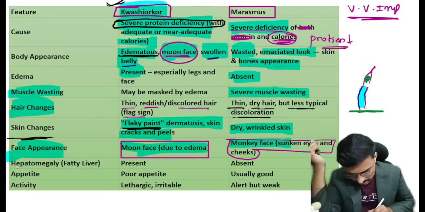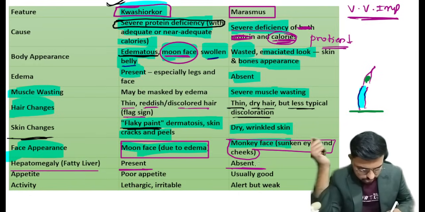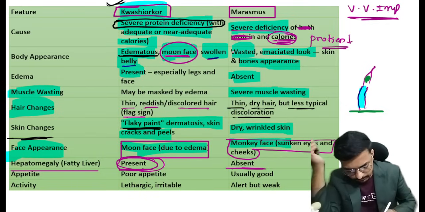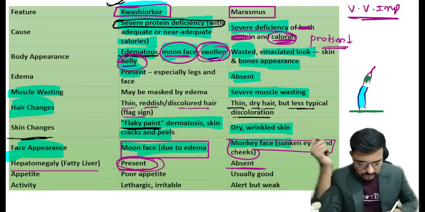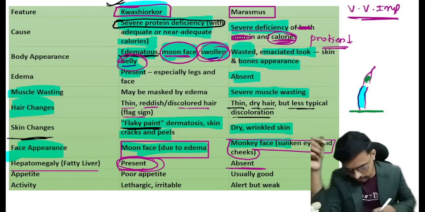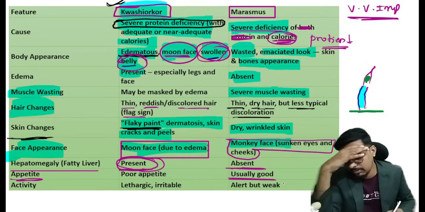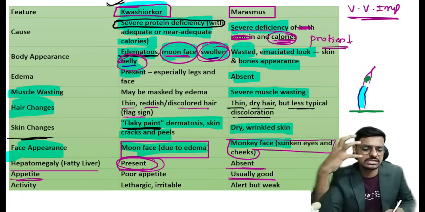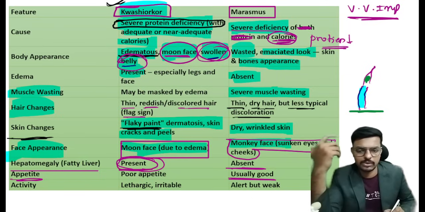Okay, so please do remember, hepatomegaly, I told, will be seen in case of the kwashiorkor, and in the marasmus there is no hepatomegaly. Hepatomegaly means big liver, which means the swollen belly will be there. The belly will be swollen in the kwashiorkor. So there is no hepatomegaly in the marasmus. And then comes the appetite. Usually good appetite will be there in the marasmus. Why? Because the baby is having the deficiency in the calories, he wants to eat something and he is always craving for the food. So a very high type of food craving will be there in the marasmus.